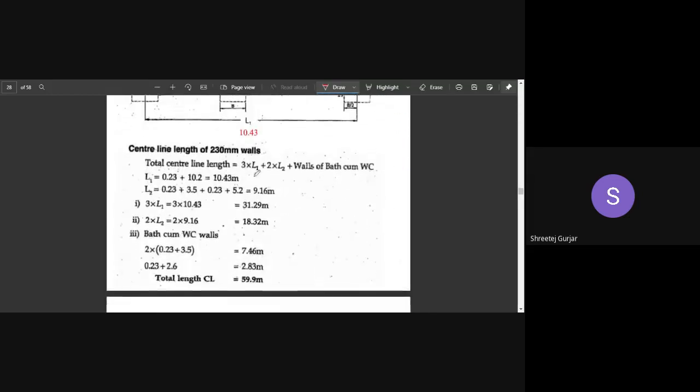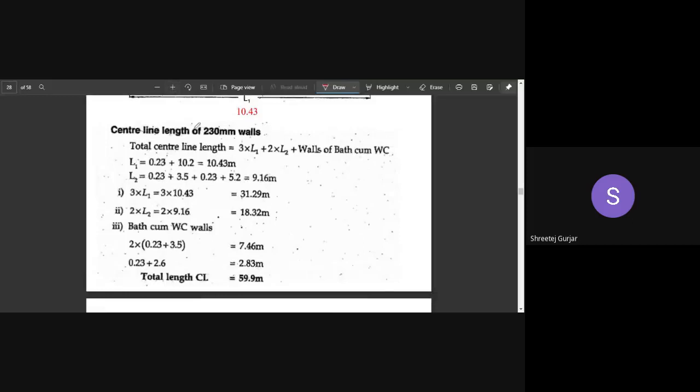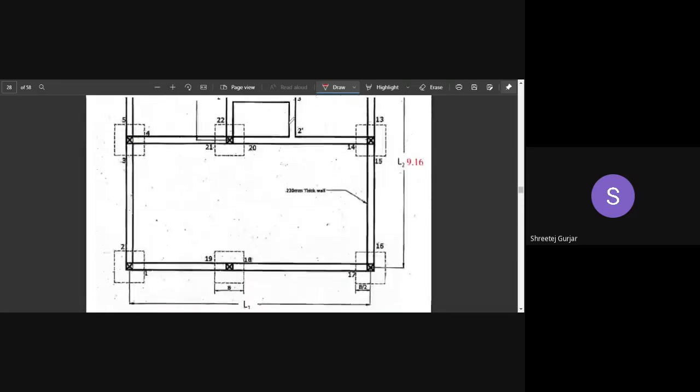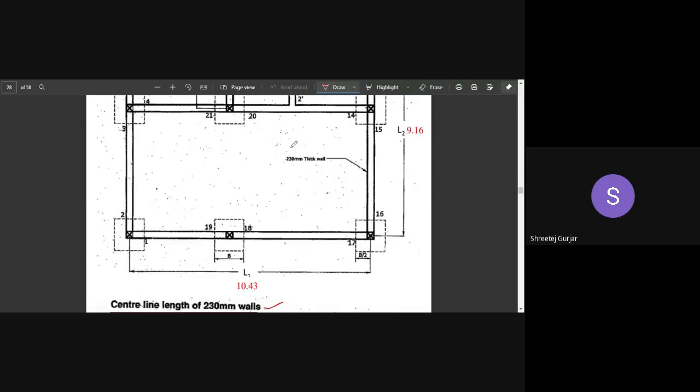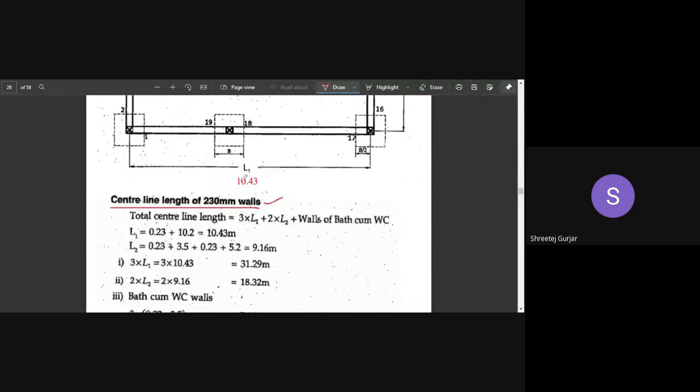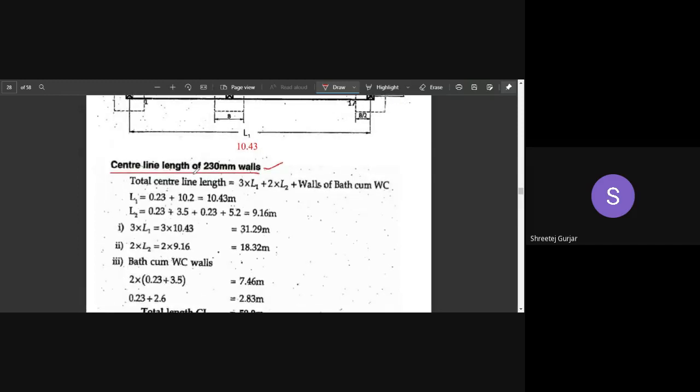So moving on to the next thing, the first thing that we need to calculate is the center line length of 230 mm walls. All of the walls are 230 mm, so there is no need to calculate differently for each wall, as we would if there were different walls. But all of the walls are the same width here, so much of our calculation is reduced. So center line length,